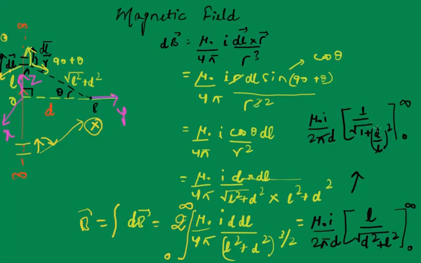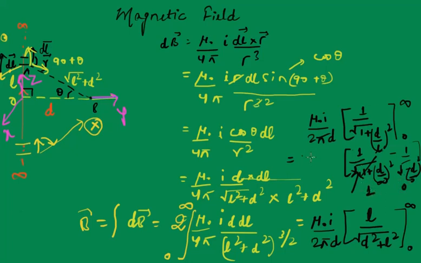will become 0, right? I hope these steps are clear, but let's do it again. What you will have is 1 by under root 1 plus d by infinity square minus 1 by under root 1 plus d by 0 square, right? That's how we do integration. D by infinity is 0, so this is essentially 1. And d by 0 is infinity, so 1 by infinity is 0. So ultimately, this expression is 1.